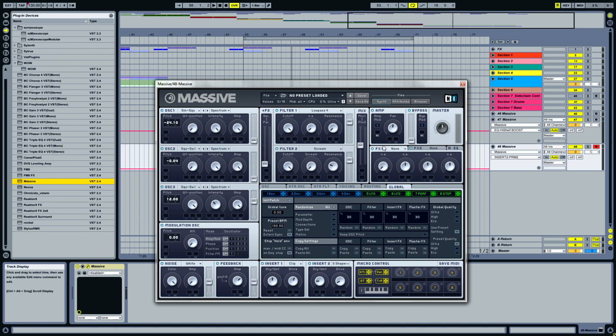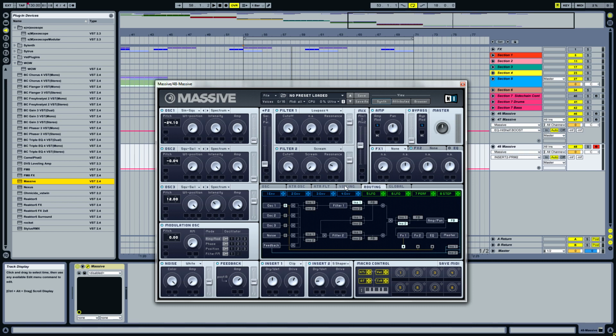Okay, so right now let's see the routing, because that is a very important part of Massive setting patches. Okay, this will be cool. Please follow my settings. It's hard to describe where to click on this routing tab, but on the first FX tab, use classic tube, pull up the dry and wet, pull up the drive, and on the second